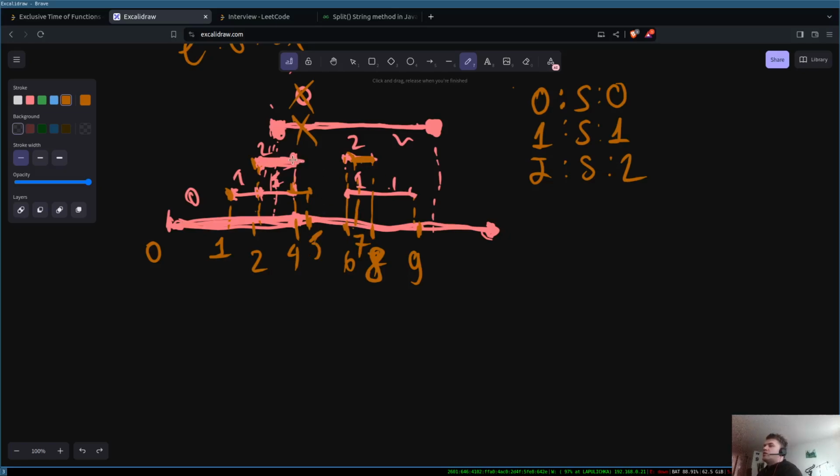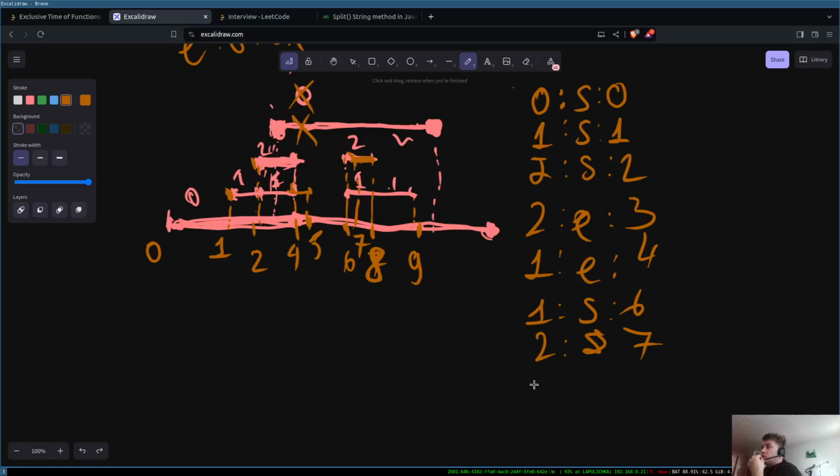So function 2 end at 3, function 1 end at 4, function 1 start at 6, function 2 start at 7, then function 2 end at 7, function 1 end at 8,